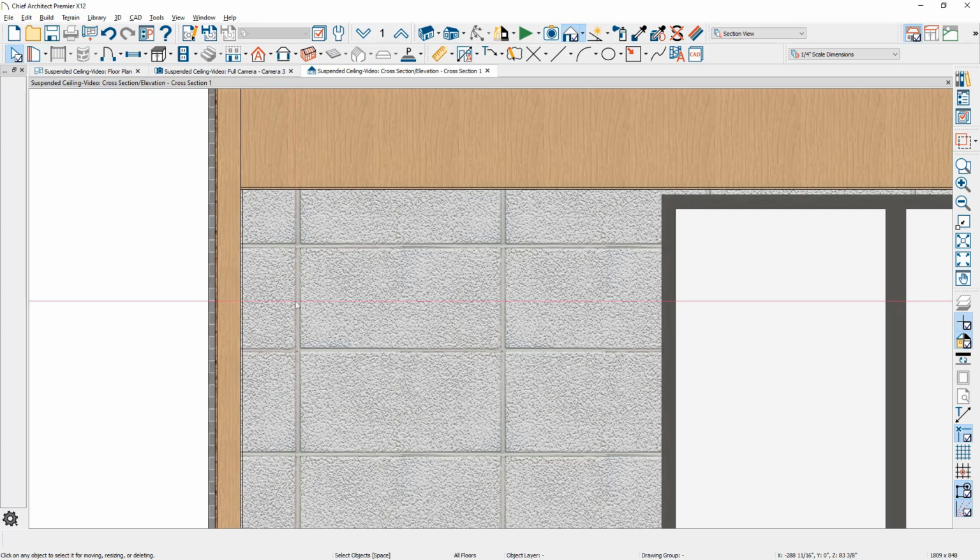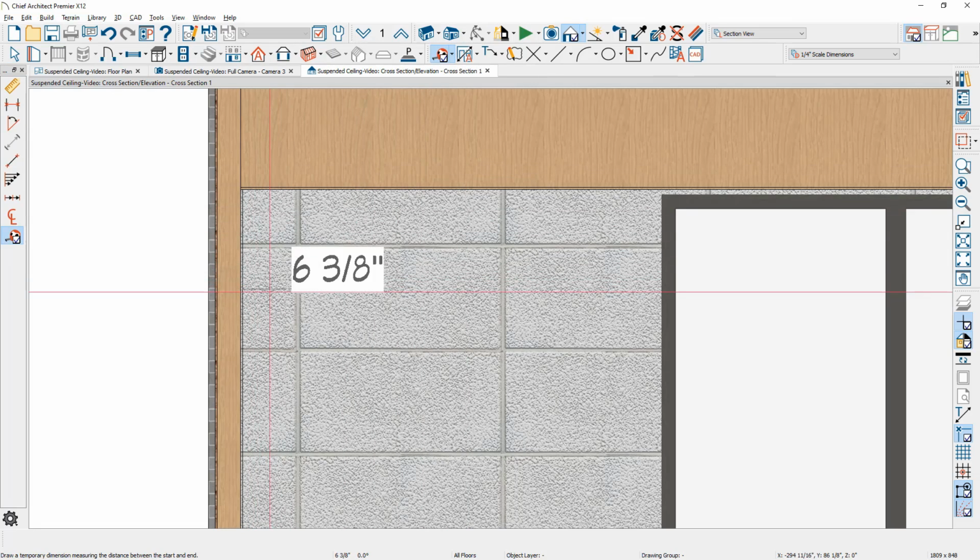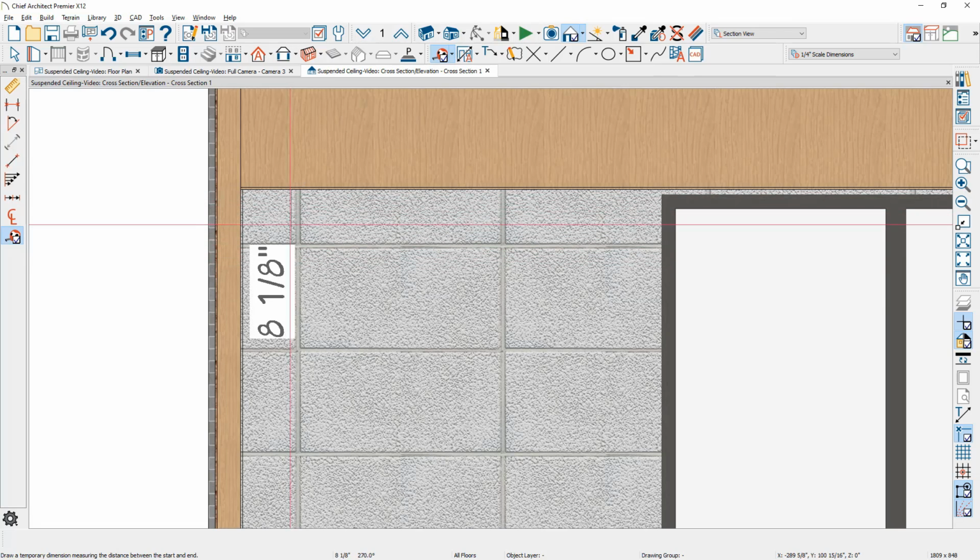ceiling tile. Let's use our tape measure tool, and I'm going to come over here, snap onto the sheetrock, and slide this over until I pick up the dimension, and we're going to call that about 1.5 feet. Next, let's do the same thing for the ceiling. Let's come down, pull this down until we get to that point, and I'm going to call that about 1.5